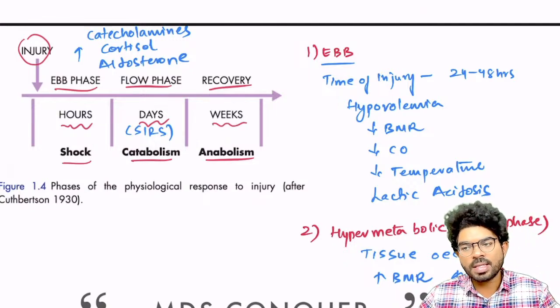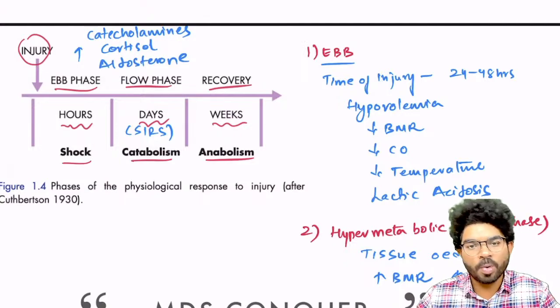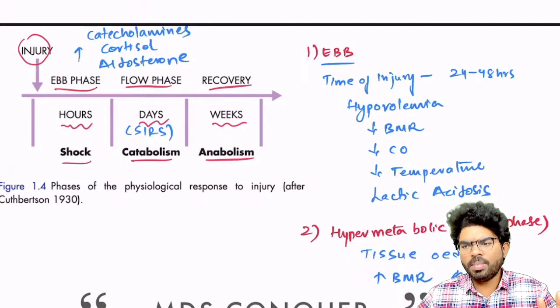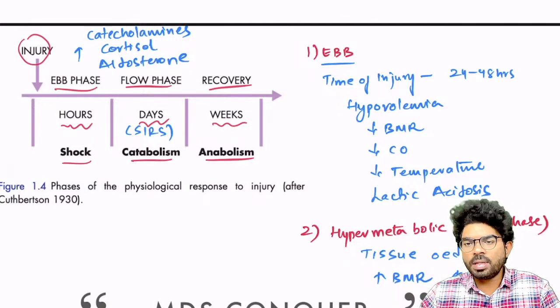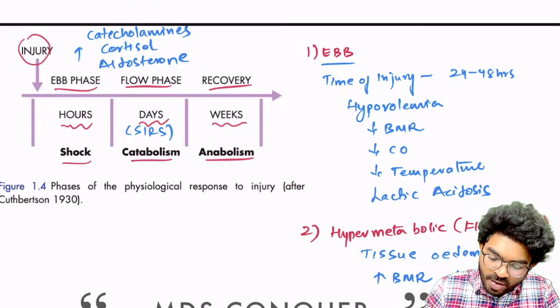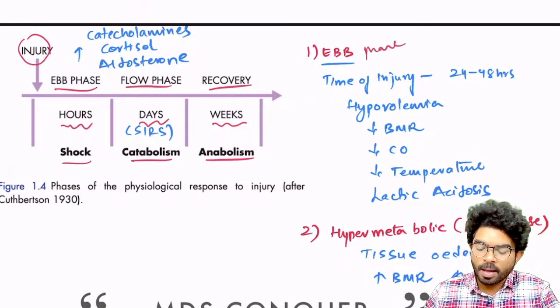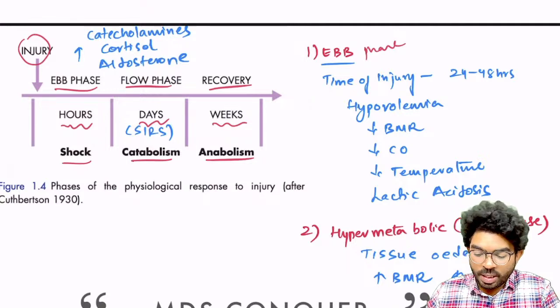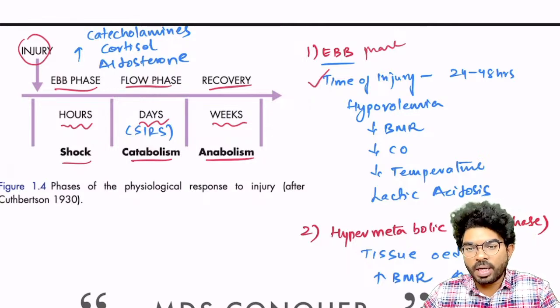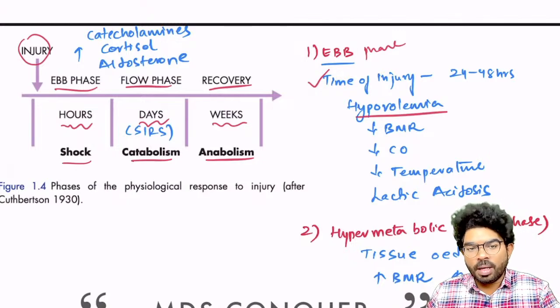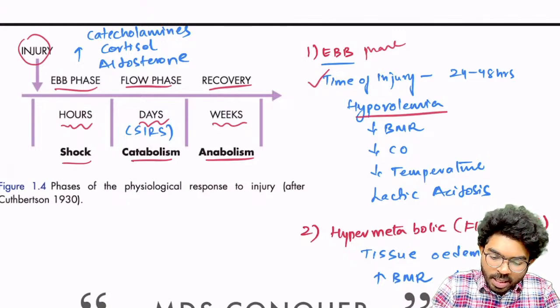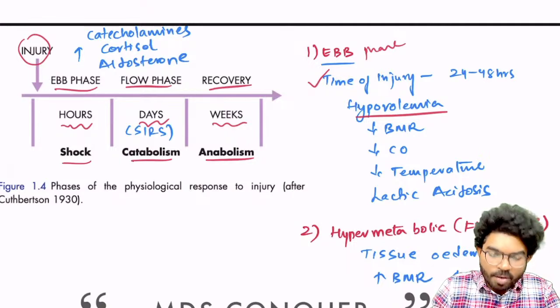These phases are very important from the examination point of view, and are covered in 2 to 3 subjects, but specifically my focus is to cover them in general surgery. So what happens in the EBB phase? The EBB phase is the first phase. It occurs from the time of injury to 24 to 48 hours, in which there is hypovolemia. That's what is clearly mentioned here, where there will be shock,